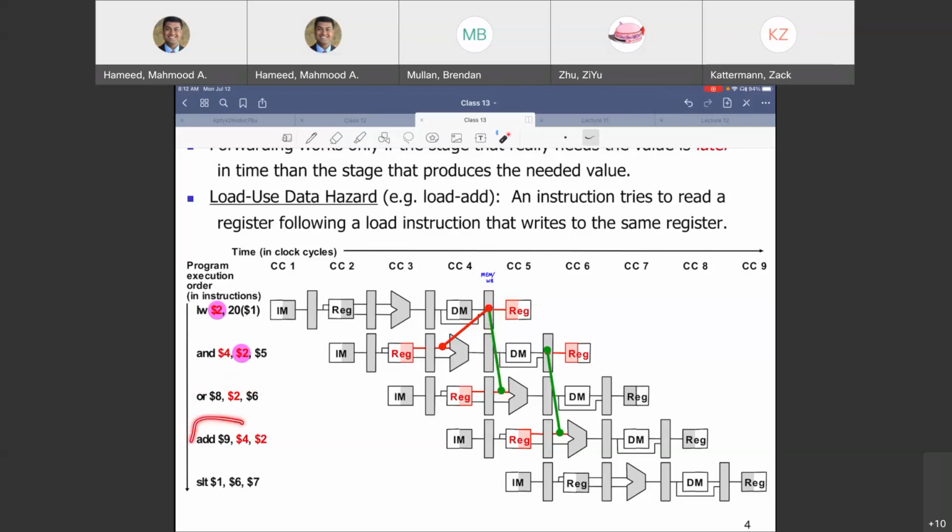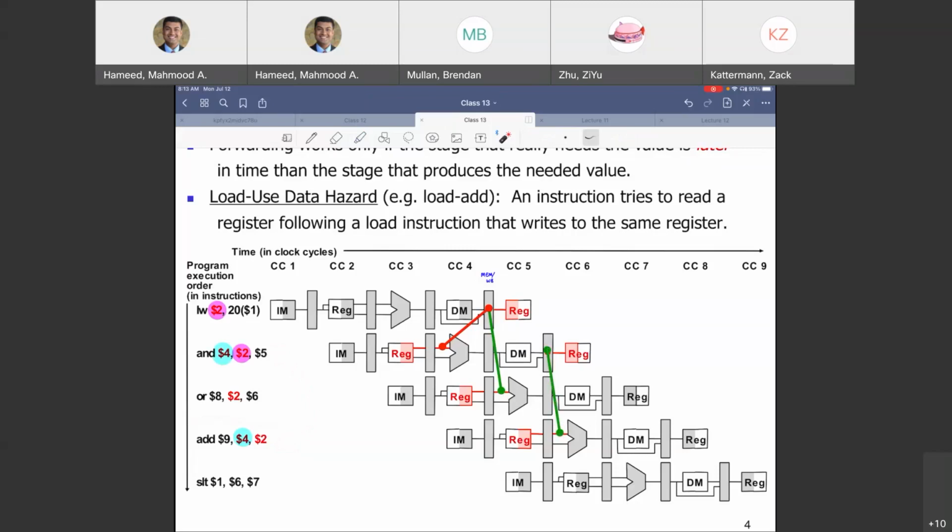Now how about the next one here? Well, there's no problem there anyway. There is, actually. I just noticed that there is a problem with a different register here. It's not $2, $4 has a problem there. So what type of forwarding will help solve this? Same thing, right? MEM/WB. So MEM/WB forwarding will solve this. So over here, you're solving two data hazards with the MEM/WB register forwarding technique, indicated by those green lines.